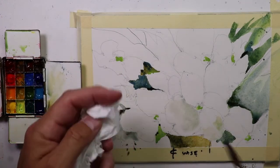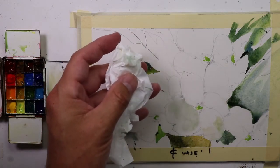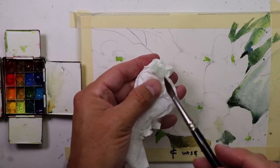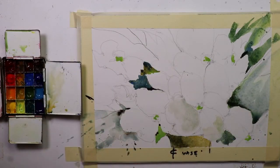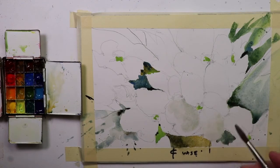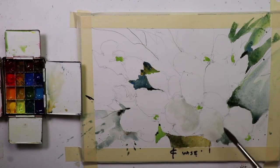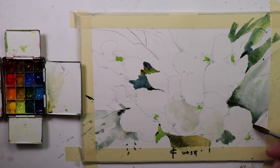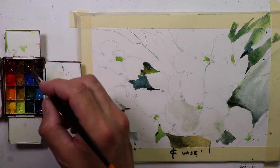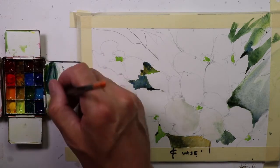And I just keep rinsing my brush with fresh, clean water and then drying it a little bit on my apron, which I wear. So I just tap it on my apron quick once I rinse the brush off. You could use some tissue, paper towel. You could leave a sponge by your palette or by your water container and check some water off. Probably one of the main things with watercolor is controlling how much water's on your brush. That really helps a lot to really key in on that and sort of monitor that all the time, because that really can